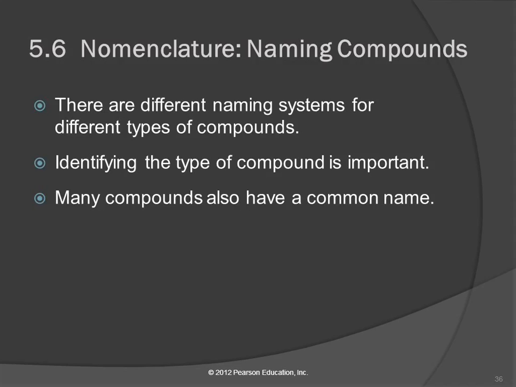And different countries and different cultures, that's the word I'm looking for. Different countries, different cultures have different ways of naming people. And we don't think that's crazy. And in chemistry, we have divided compounds into different groups and applied different sets of names for each of them. And so the first thing that we have to be able to do is to identify what kind of compound we're dealing with so that we can use the correct type of naming system.